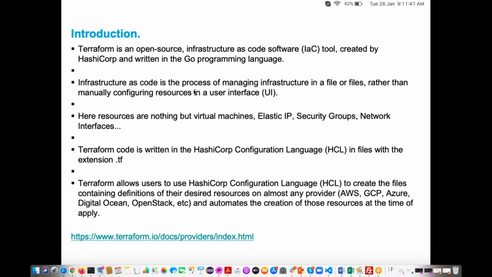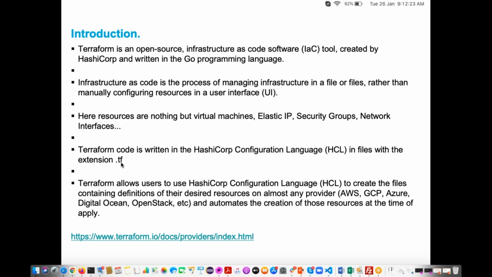Here, resources are nothing but virtual machines, EC2 instances, Elastic IP, security groups, VPC, networking. These we can call resources. Terraform is written in the HashiCorp language, HCL. All Terraform files have the extension .tf.